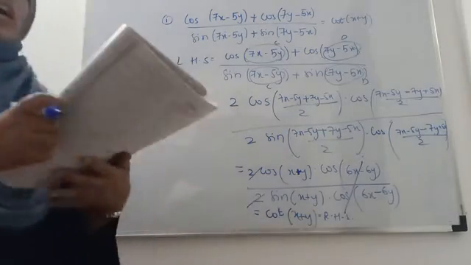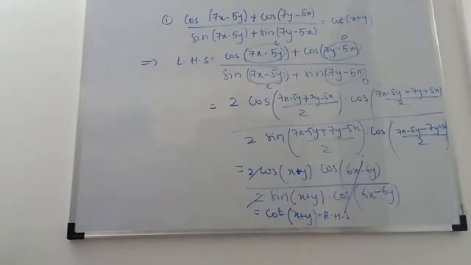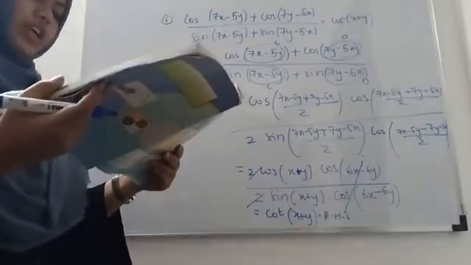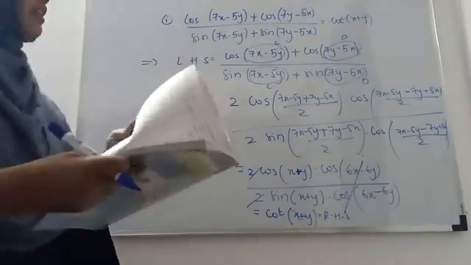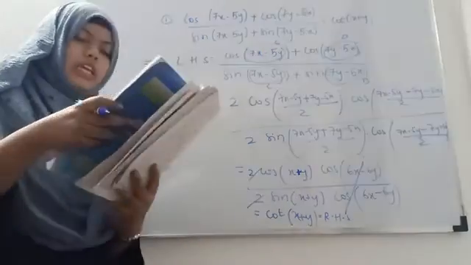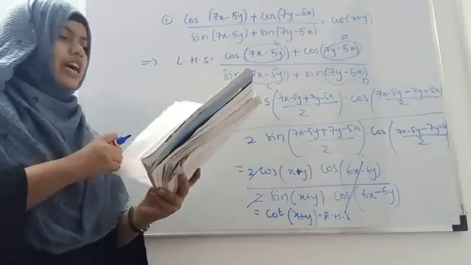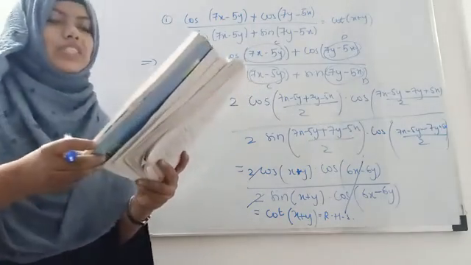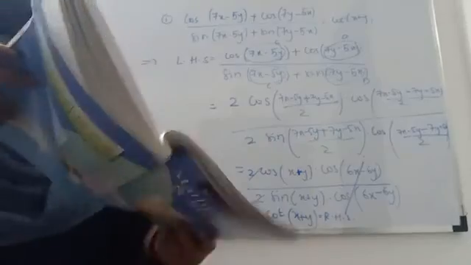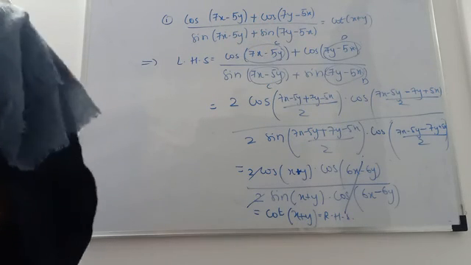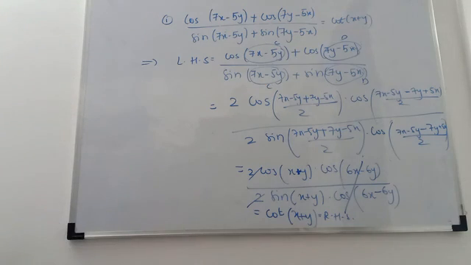This is how to solve the factorization problem. Now try to solve the problems given on pages 50 and 51. These are related to the factorization formula only. In the next class, we will solve some problems from exercise 3.4 and we will start the last topic of this chapter, which is trigonometric functions of angles of a triangle. Till then, try to solve the examples which are solved.